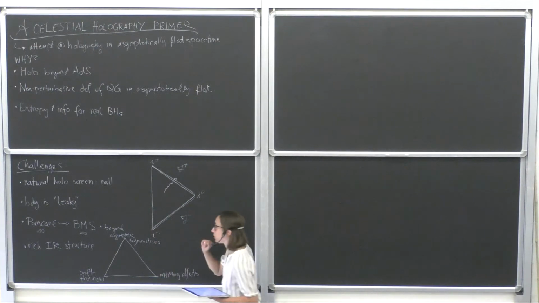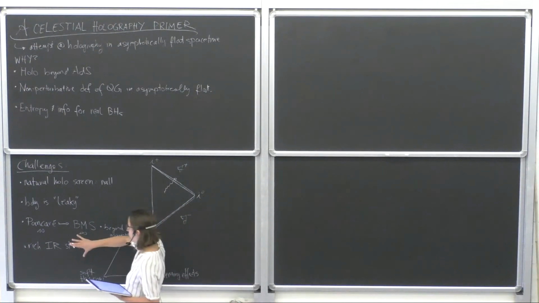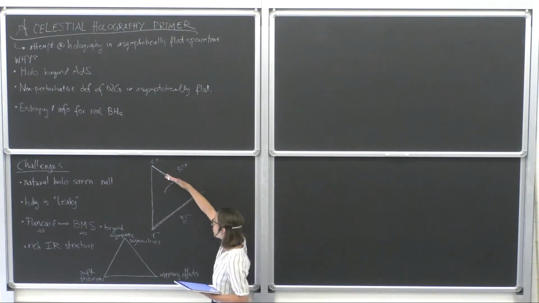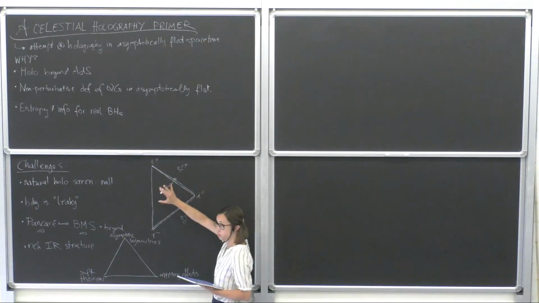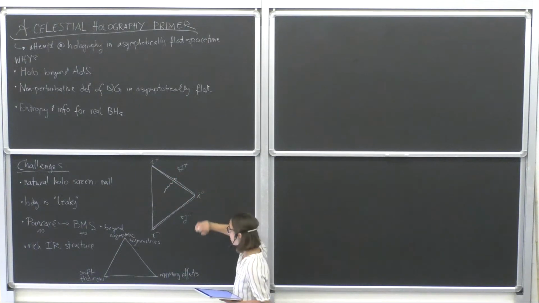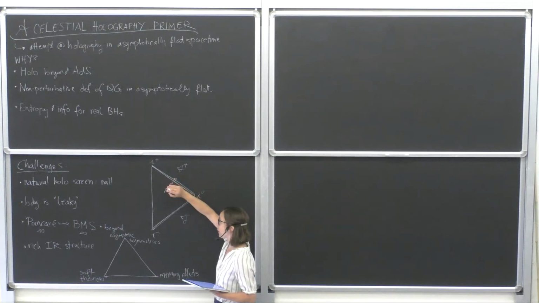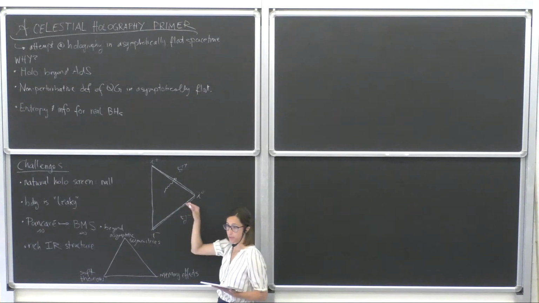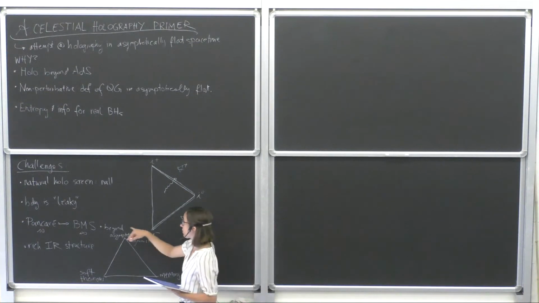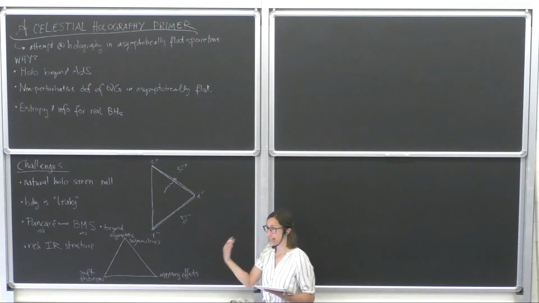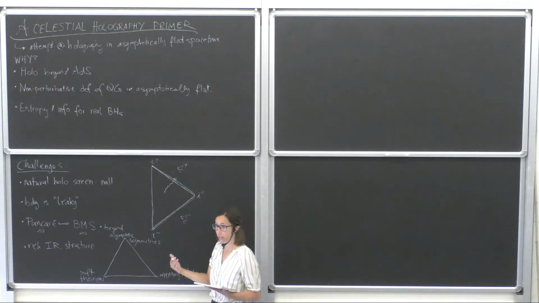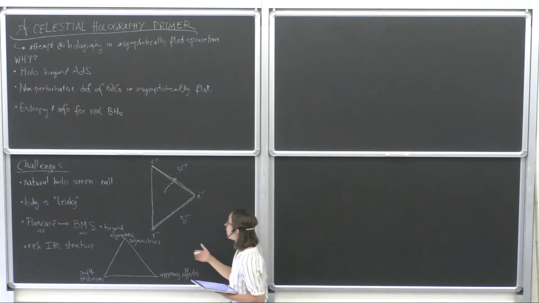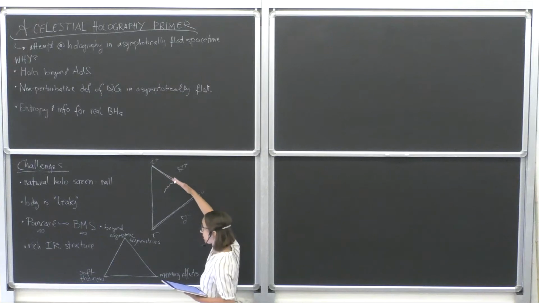Yes. I will talk more about this IR structure and asymptotic symmetries in a moment, but what you do there is, first of all, you go to some coordinate frame, so you fix some gauge, and then you ask that your metric, what you call an asymptotically flat metric, has some specific fall-offs in the metric components. And if you want to know what the symmetries of the spacetime are, you don't ask for exact Killing vectors, but you ask for asymptotic Killing vectors that preserve the asymptotic structure that you defined with boundary conditions. And then you can figure out what the symmetries are.